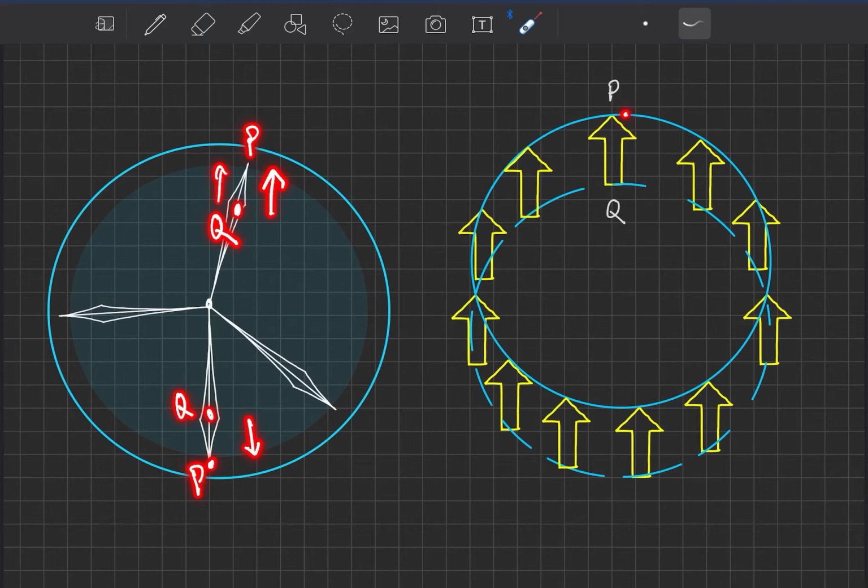But let us talk about this case here. Here Q has to look upward to see P, right? But here also Q has to look upward to see P. That means the object does not change its orientation about itself. It is not rotating about its own axis. The object is not rotating about any point inside the object. Its orientation is not changing, but in this case orientation is changing.